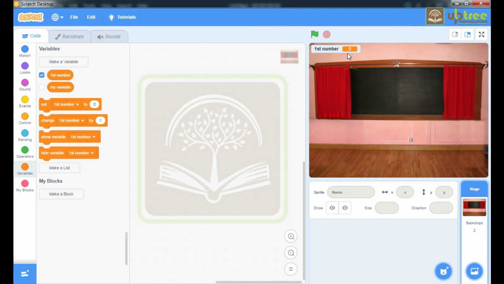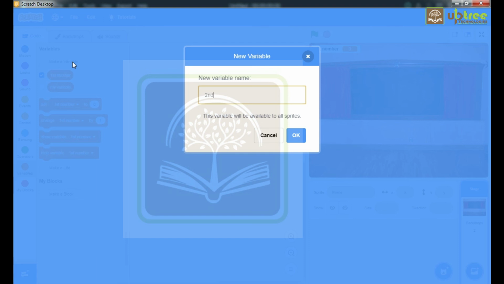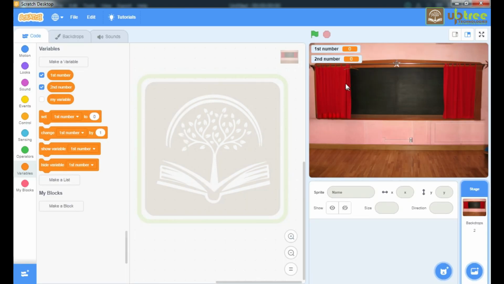You can see my first number appears on the screen. Similarly, we will make the second variable, which is second number. Click on OK, and my second number also appears on the screen.